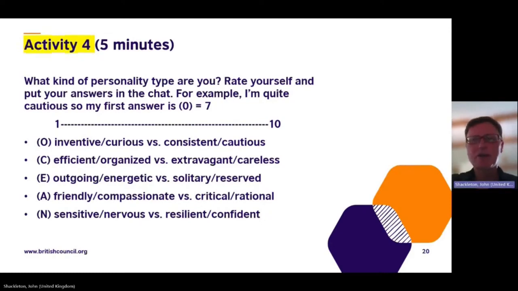Okay, I hope you had a chance to think about what kind of a person you are, and that you were brave enough, which has something to do with E, N, and O, to share your answers in the chat with everybody else in the session today.